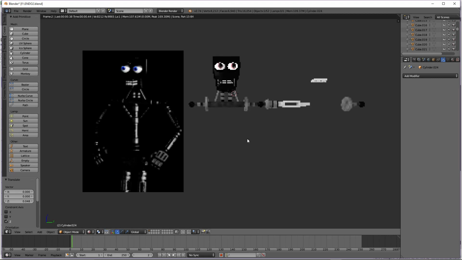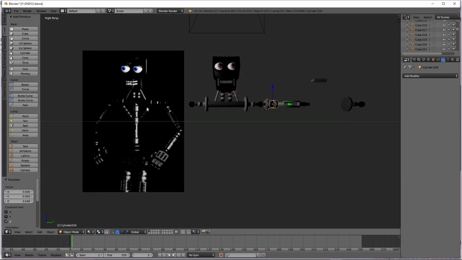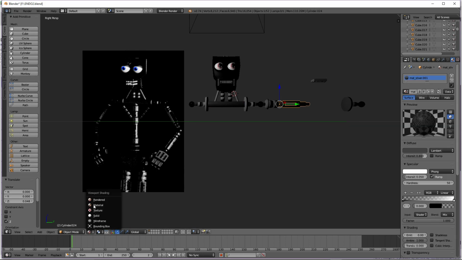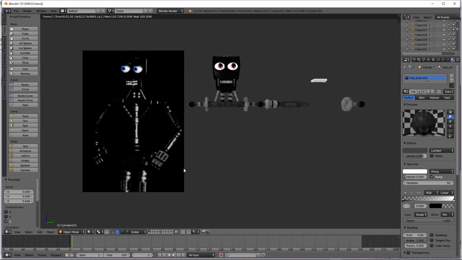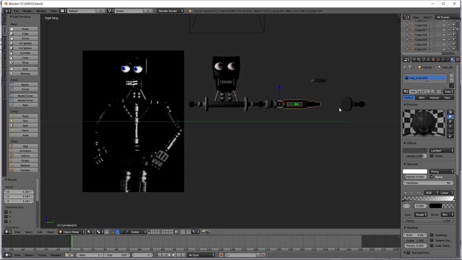Let's render it. Then it needs the same texture as this guy. So it needs Mount Silver 1. Good. Right, render it. There we are, it looks fine. Then I might just use the same servo part as that, because it's exactly the same, but it's actually smaller. Hold on. Should actually be the same size, so